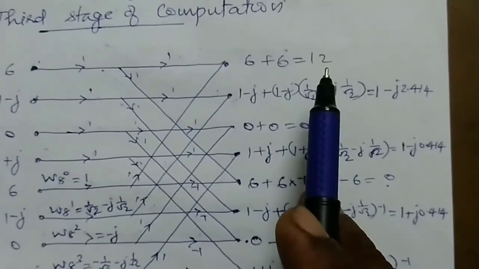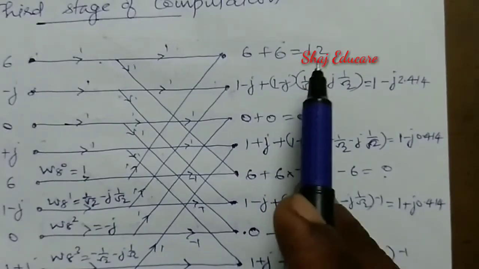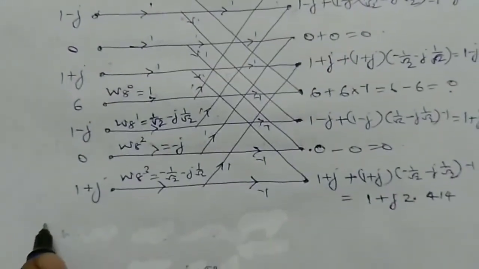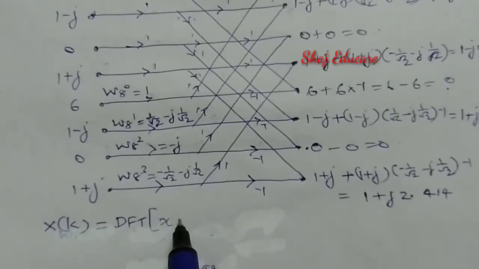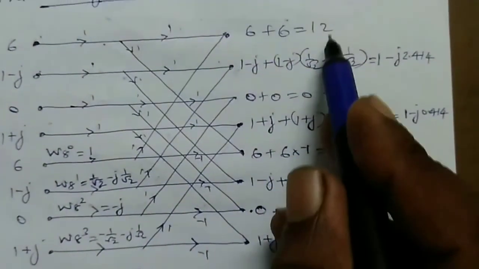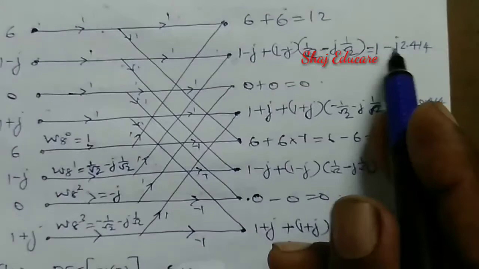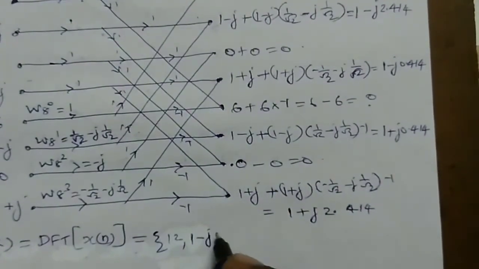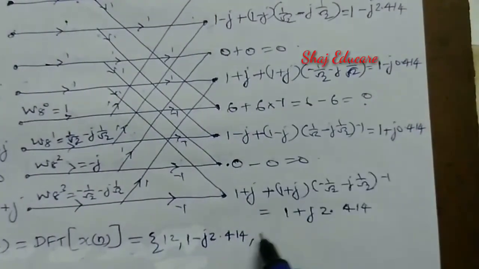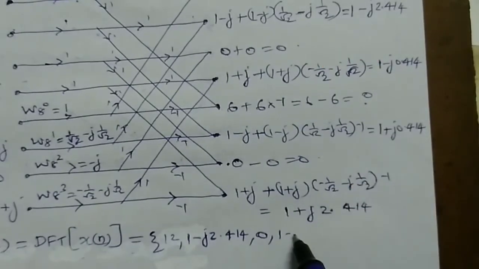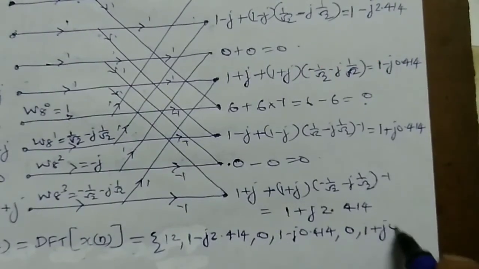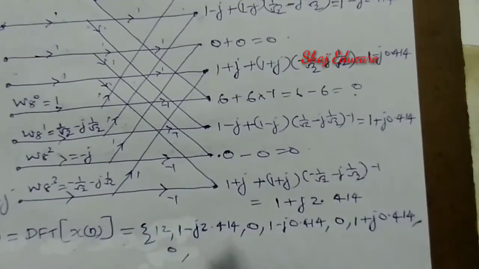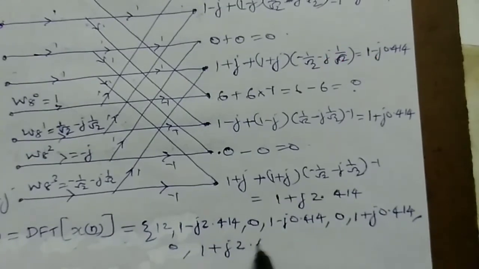computation. That will be of course the output of our result, and here we have X of k, that will be the discrete Fourier transform of x of n, that should be of course in this order, that is 12 comma 1 minus j into 2.414 comma, next is 0 comma 1 minus j into 0.414, again 0, then 1 plus j 0.414 comma 0 comma 1 plus j 2.414. Here this will be the result of our